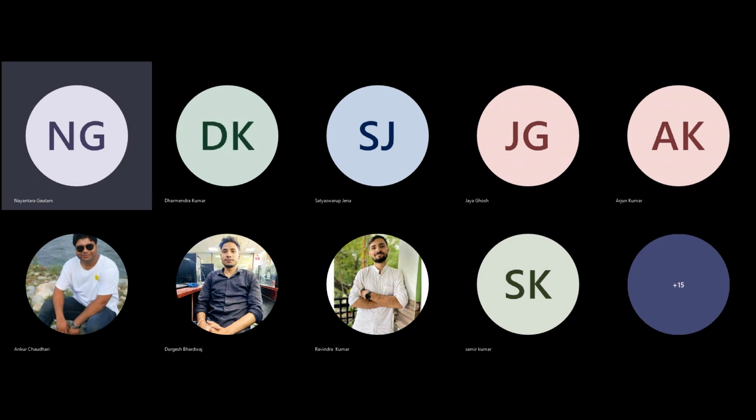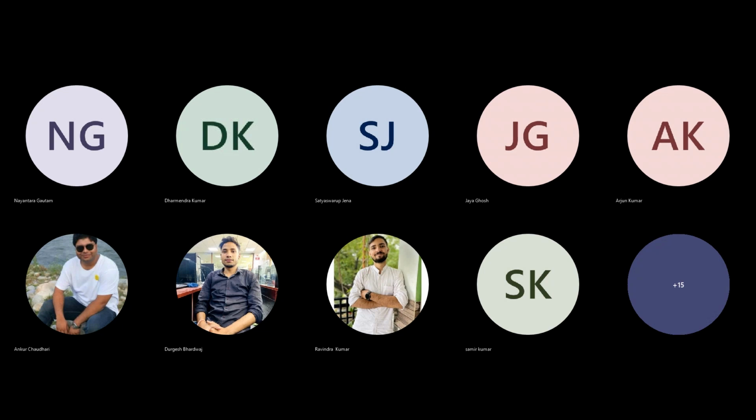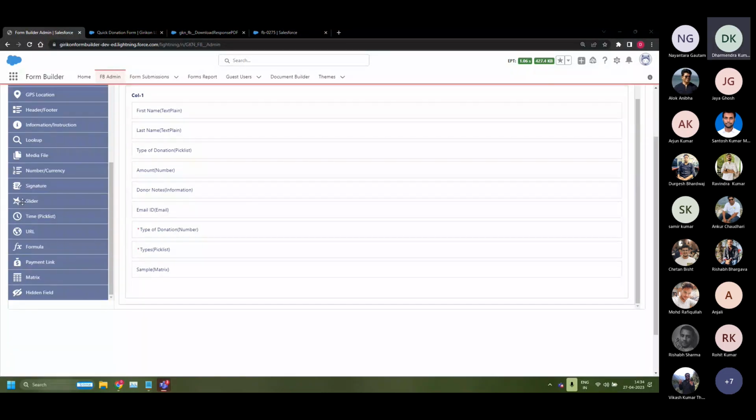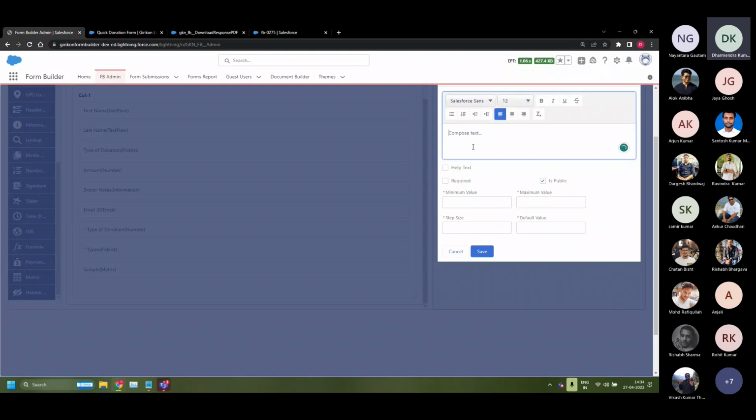Can you explain the slider field? Dharmendra, can you show the slider field again as well? Yeah, sure. So here is a field type. You have to choose slider. You can mention the condition like